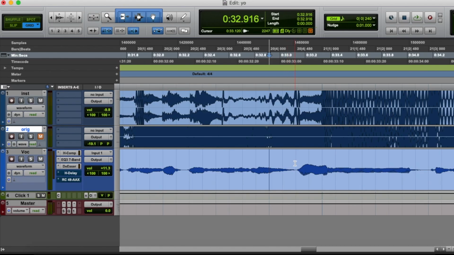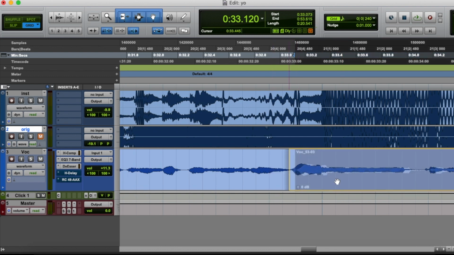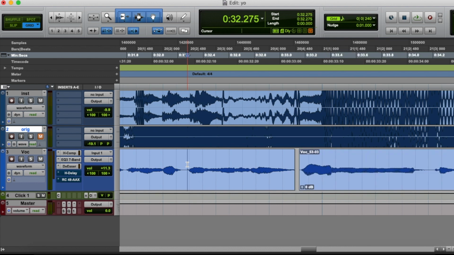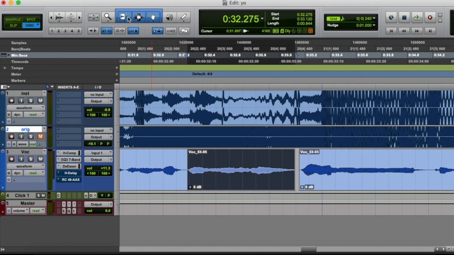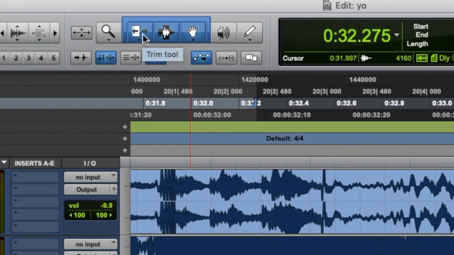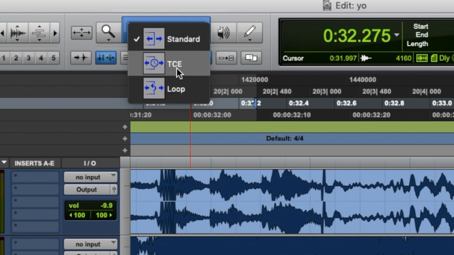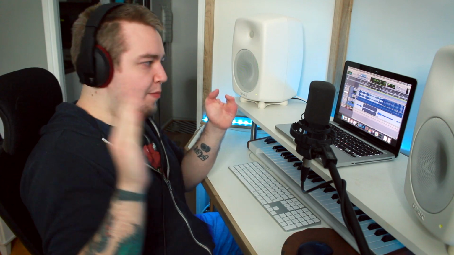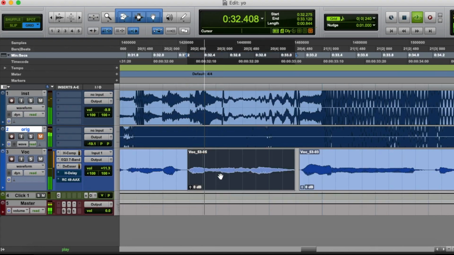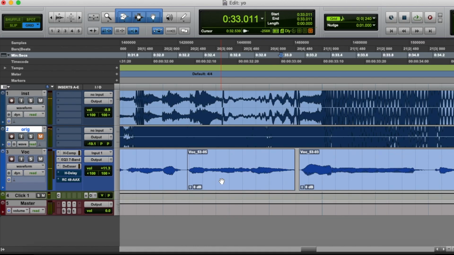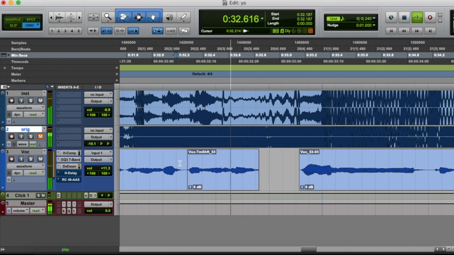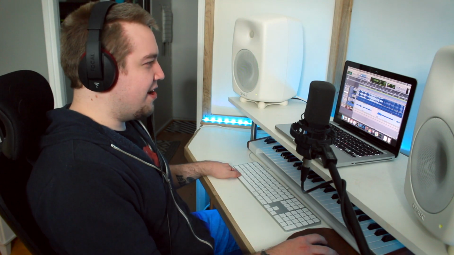So basically we're cutting things up, moving them around, or if some parts are too dragged out, I can cut a part, go here, click with mouse button 2, go on TCE, to time stretch the clip. So we can take this word, positions, and we can make our positions shorter, like this. Positions. Yeah, so our positions are quicker.